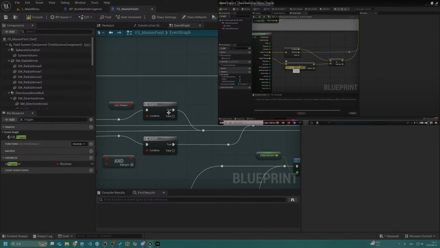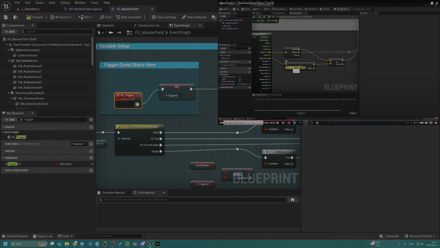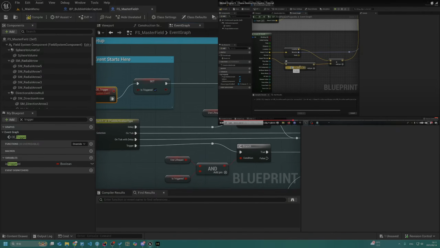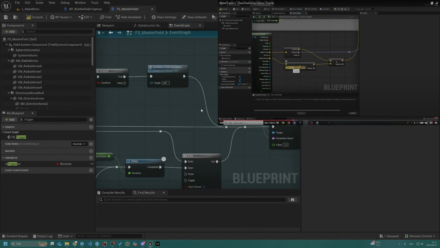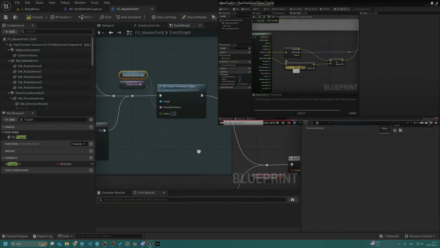Wow, that's not convenient for C++ to do, because all the events and variables are written in blueprint.